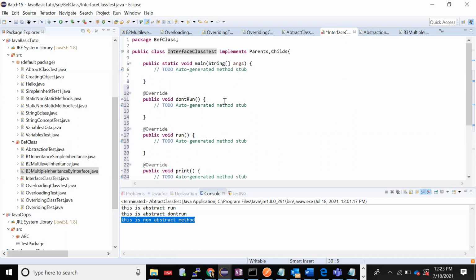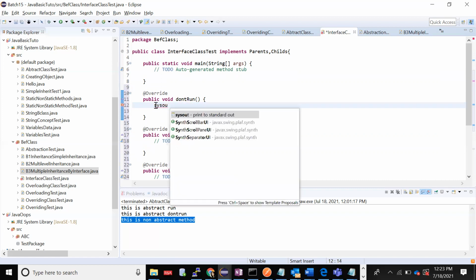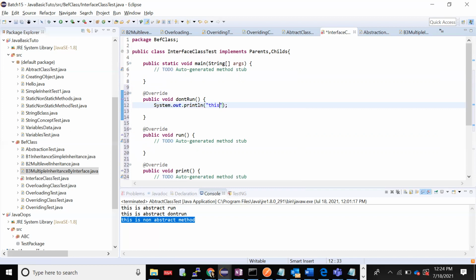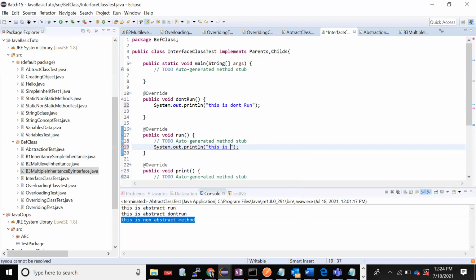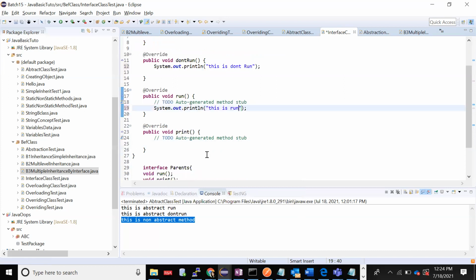Now I'll just give the body of these methods. System.out.println "this is run". Then System.out.println "this is don't run", and System.out.println "this is print".